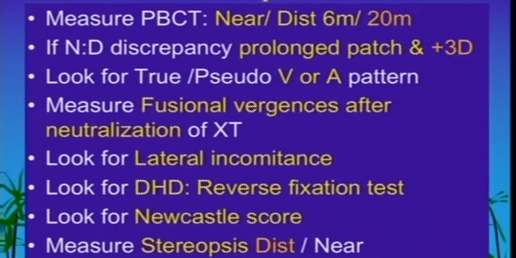Look for the lateral incomitances. Some of the exotropias may have less exo in the side gazes. So there is a lateral incomitance, which would mean that you will have to reduce the amount of LR recession that you do. Look for associated dissociated horizontal deviation. Reverse fixation test will help you in this. Look for the Newcastle score to monitor the control that they are having, or objectively you can do by measuring